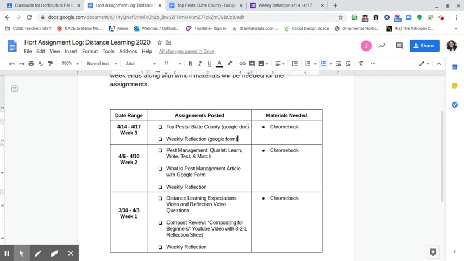This week you have 2 assignments. The first is the top pests for Butte County, which is a continuation of last week. If you look at the log from last week, we had a pest management Quizlet where you learned some vocabulary, and then a pest management article from Google, with the Google Form that you answered. And now this week we're going to look at what pests are specifically affecting crops in